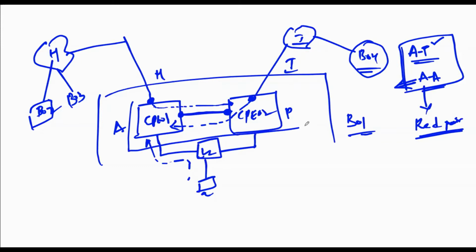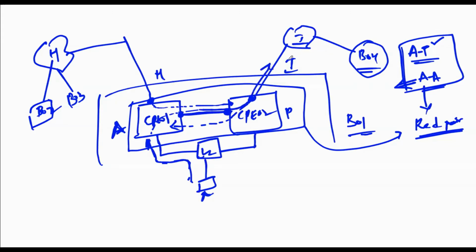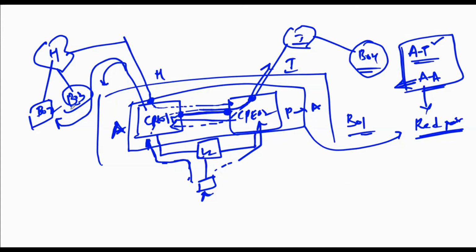Now these two devices will be part of the redundant pair. If the end user wants to talk to branch 04, the traffic comes to the active device. With the help of this crisscross connection, it uses this link and forwards the traffic towards internet. In case this is acting as the active device and we want to talk to branch 02 and 03, the traffic comes to CP02 and, with the help of this crisscross connection, hits CP01 through these links. So it goes to branch 02 or branch 03.